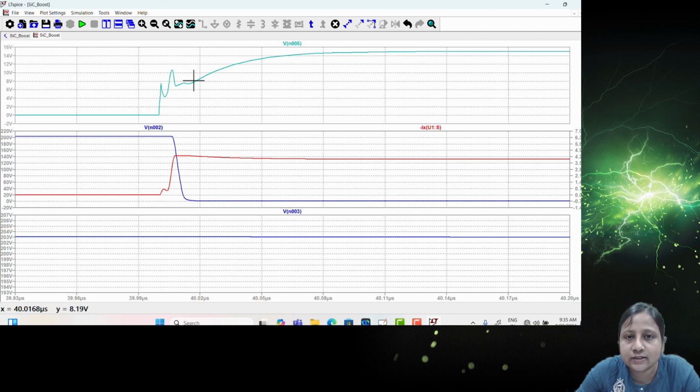The gate voltage generally turns on immediately when the voltage is applied, because parasitic components do not come into the picture. But here they do, so you can see some